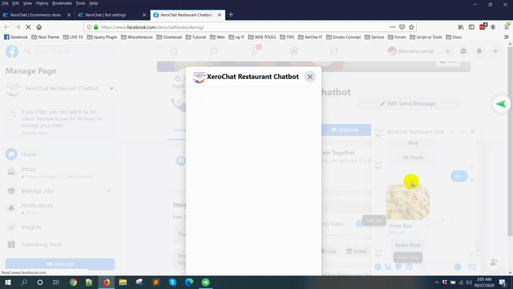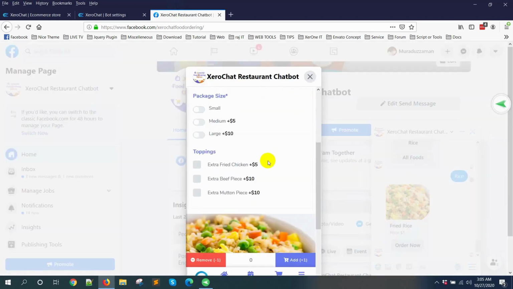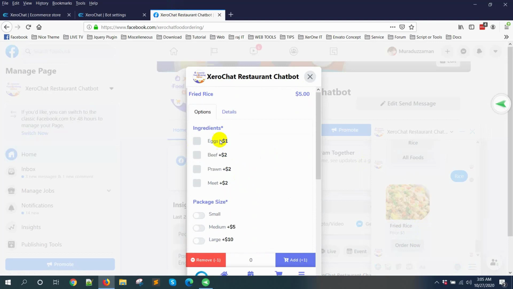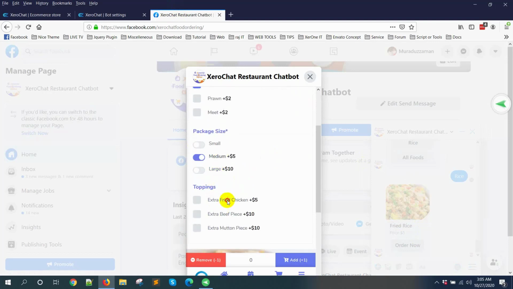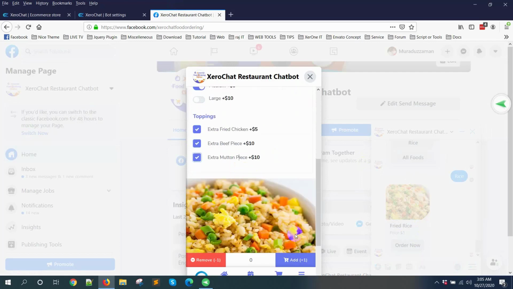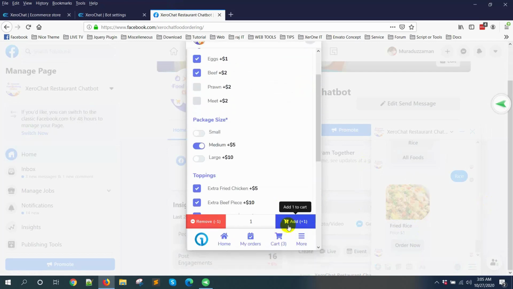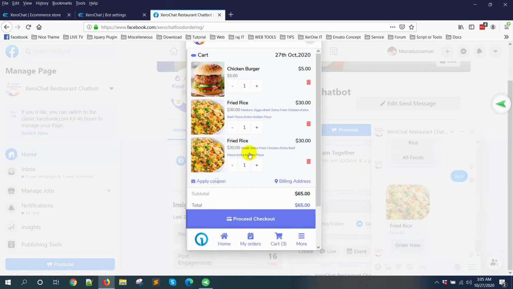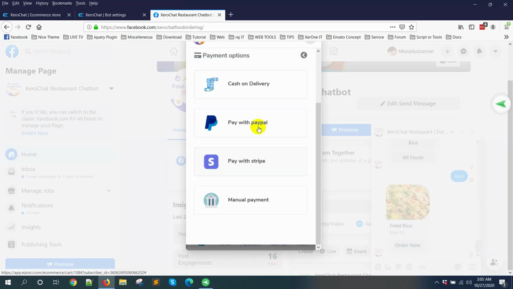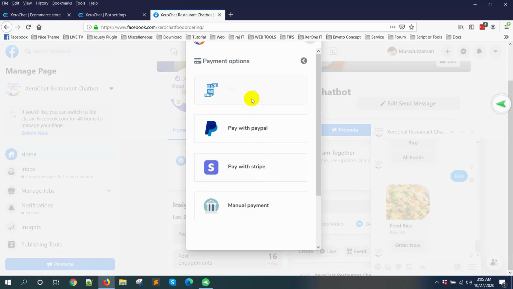Now order now. Here you can see the ingredients, from here you can go to cart menu and then proceed to checkout.